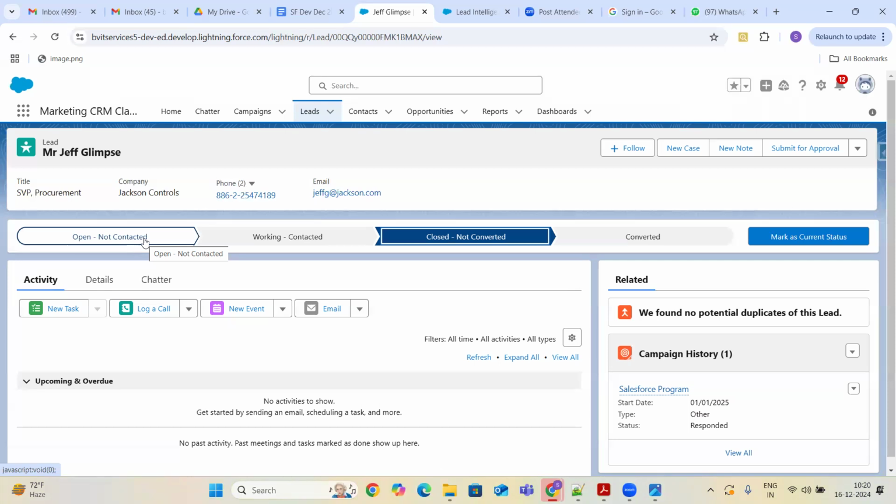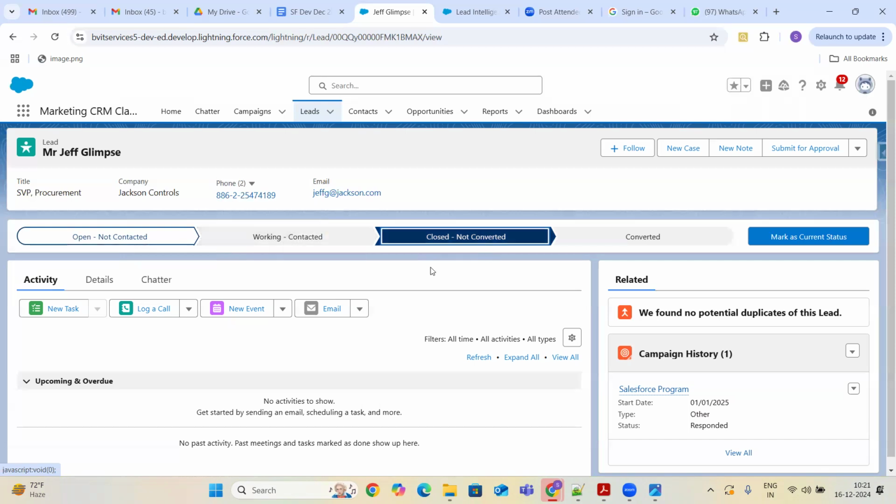As soon as they get that information, they will create the leads and make them open, not contacted. That means they just have the lead information. Then they will start working on them one by one. Generally, we get a phone call saying that we have some open plots and some venture is launching somewhere, right? They purchase the data from third party systems and then start contacting. That is when the status is working, contacted.